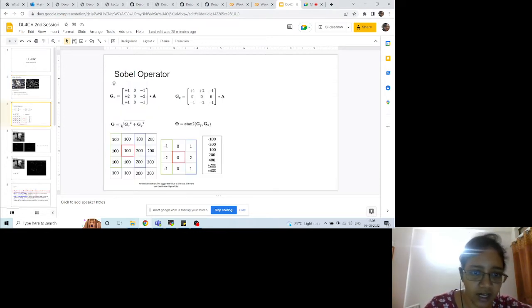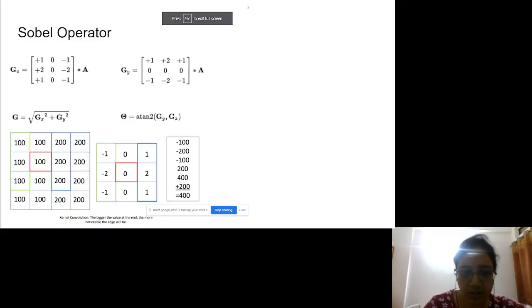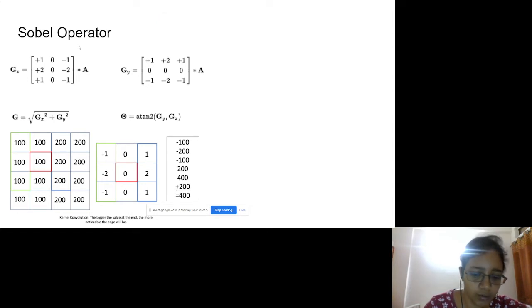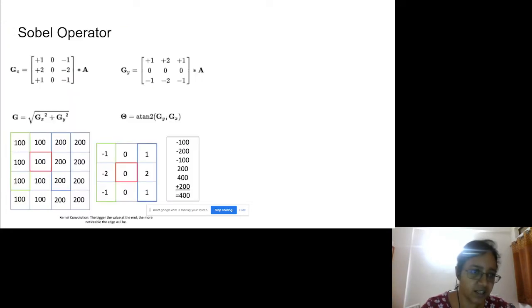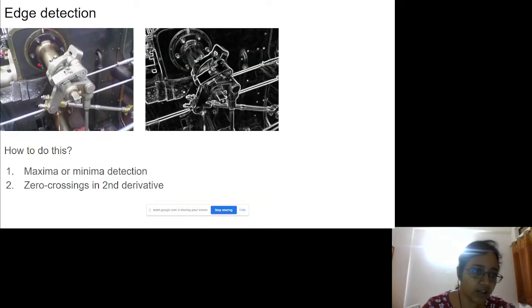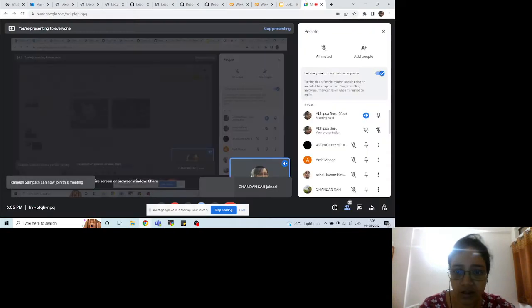So let's look at a very simple case. I'll do this as a slideshow. What we are trying to do here is, so this is a Sobel operator. Given these sort of images, we'll construct linear filters, like you saw, which will try to detect what is going on in the image. As I said, it will try to measure where there's a huge difference in